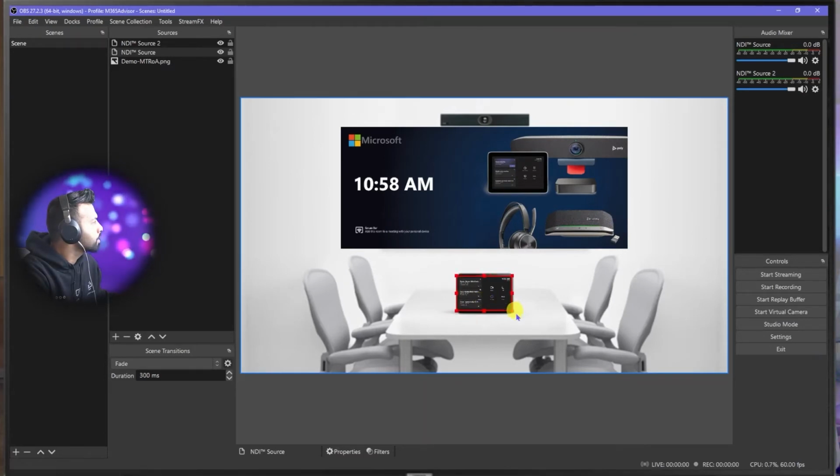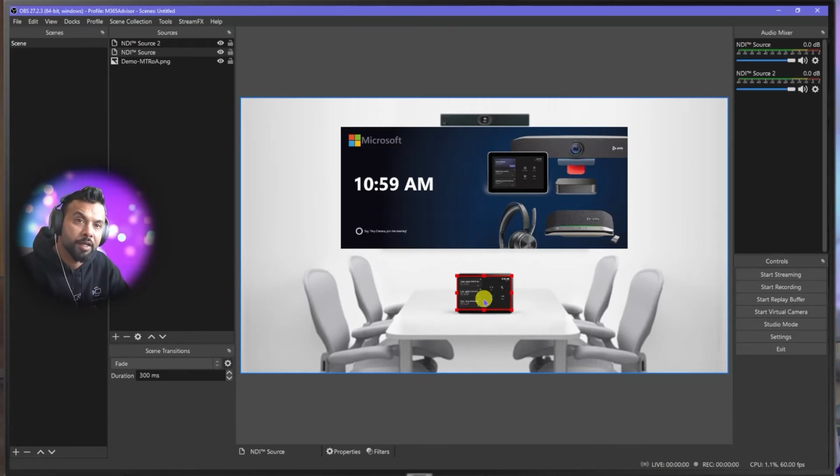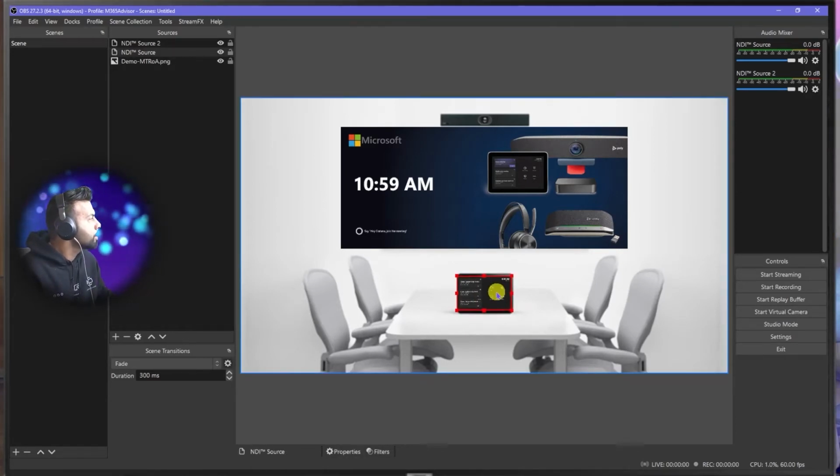So now that I have placed the image inside of the placeholders, what I want to do next is plan a scene so that I'm able to zoom into the touch panel and clearly share and show the functionality on the touch console. To do that, what I'm going to do first, I'm going to